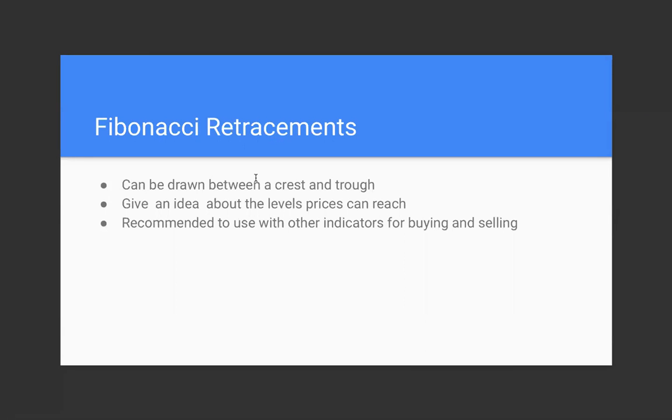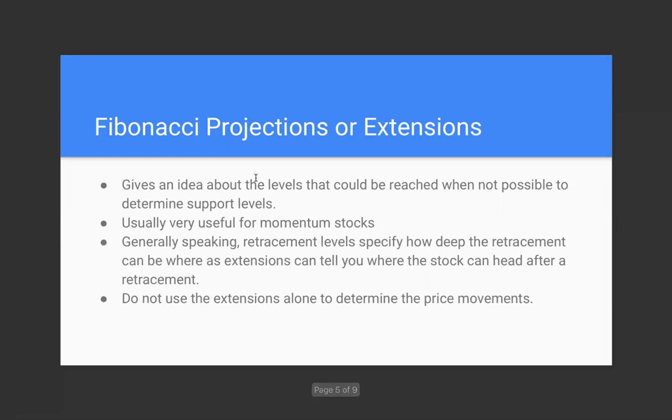Now let's go to the next one, which is called Fibonacci projections or extensions. So what is the difference between retracement and extension? Retracements tell you how deep the retracement can be. Extensions will tell you where the stock can head after retracing back, after it comes back. This is usually very, very useful for momentum stocks. For example, like Tesla, and recently